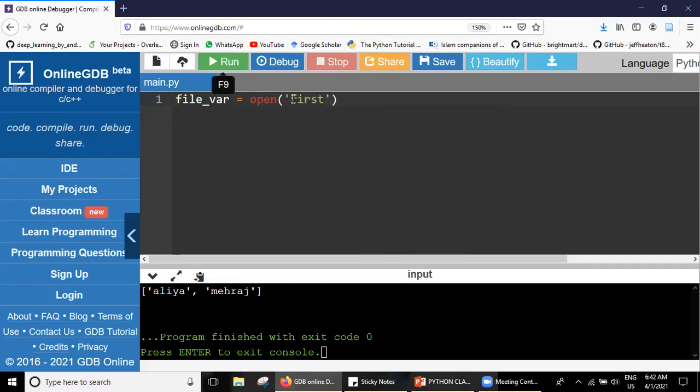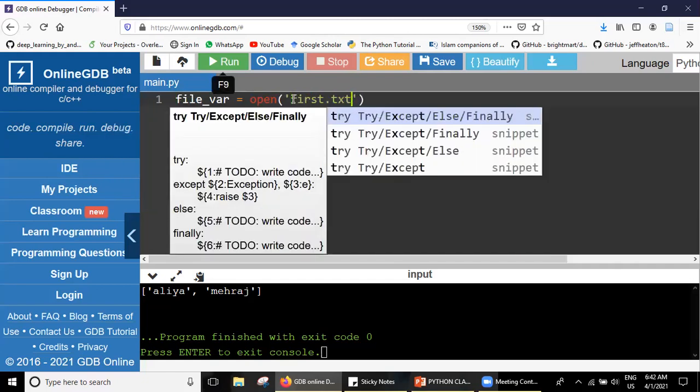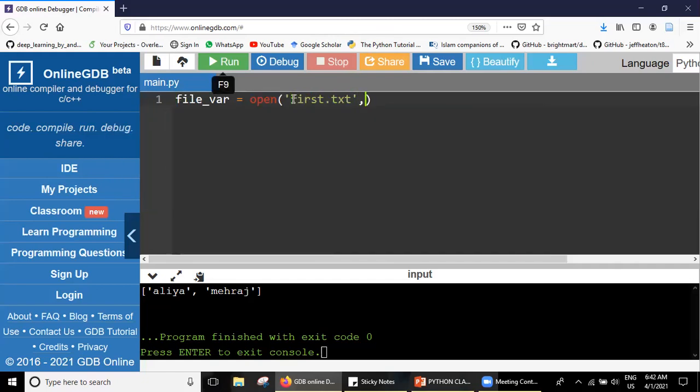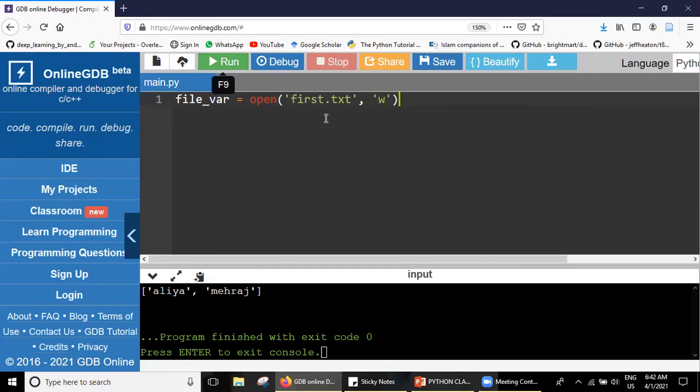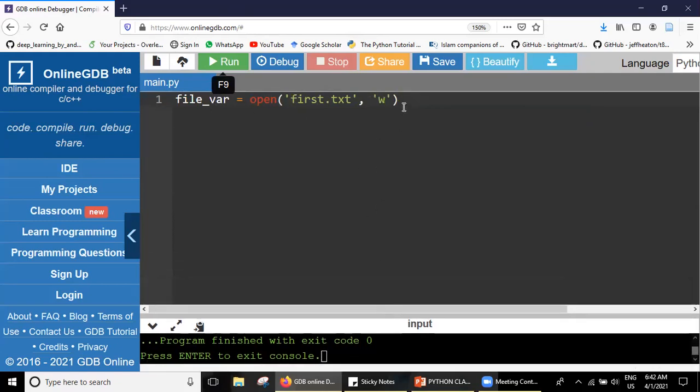Okay, first dot, I can give txt or text, and I want to open that file in the write mode because I don't have this file, and because I am creating it for the first time. So after that, I want to write something in this file. If you remember how we wrote something in a file using that file object, right?